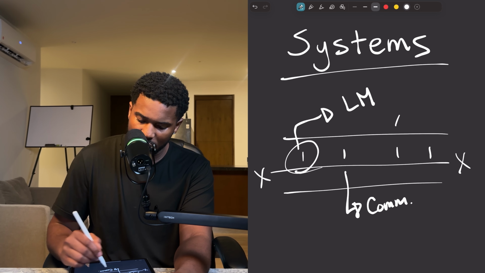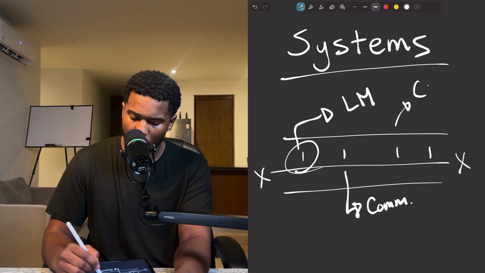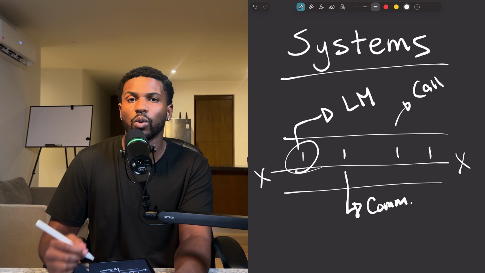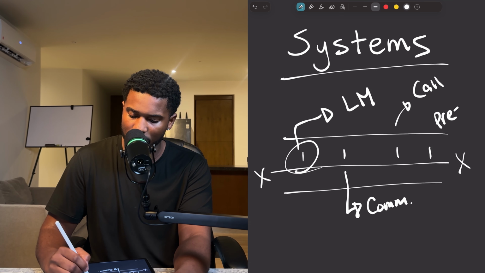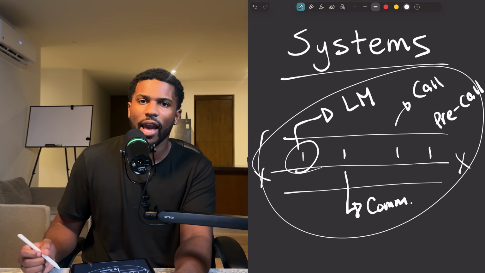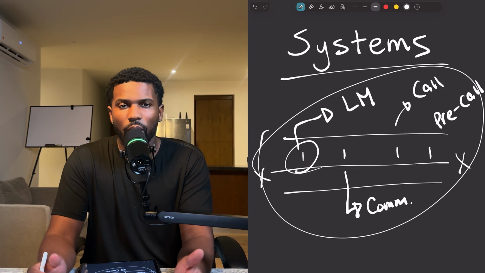Now, once we have a communication here, typically speaking, we're going to book them into a call, right? And then before they actually get onto a call with you, you're going to have this pre-call sequence. So at all these different touch points, we want to have AI. So now we understand that the first thing is you have to have a crystal clear customer journey. And within that customer journey, we know which parts in the system we want to automate with our AIs.